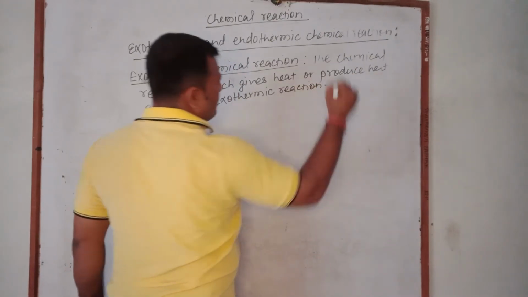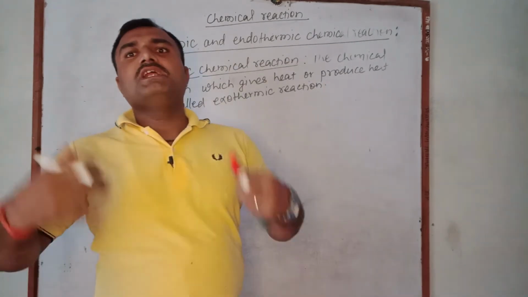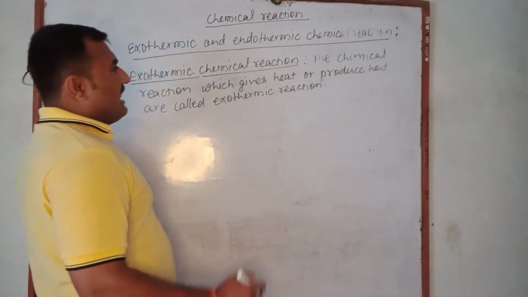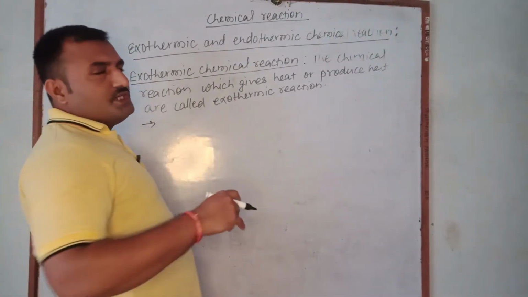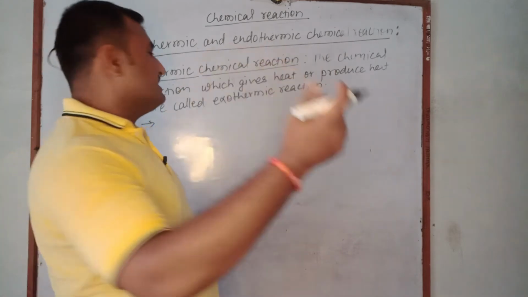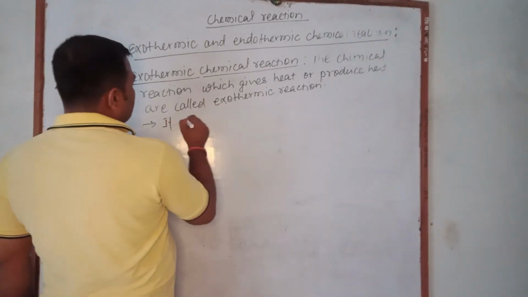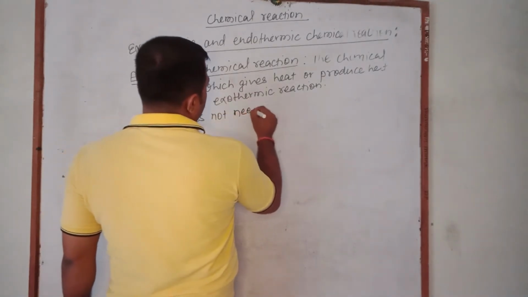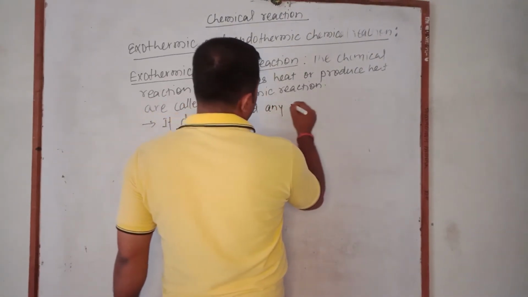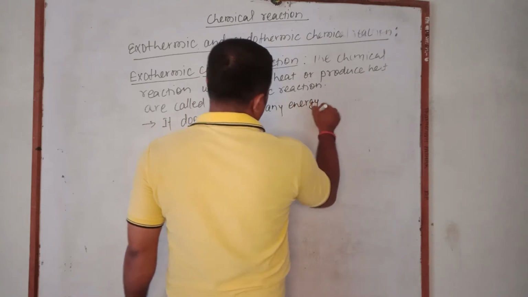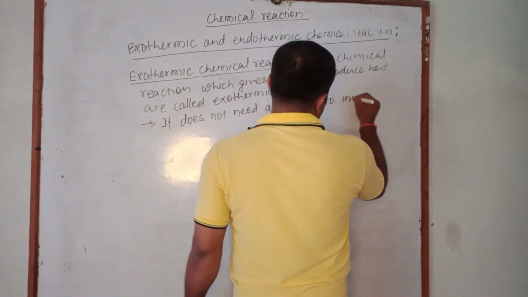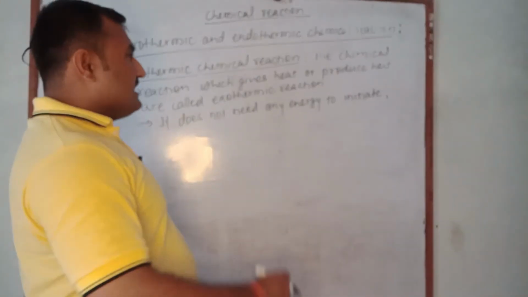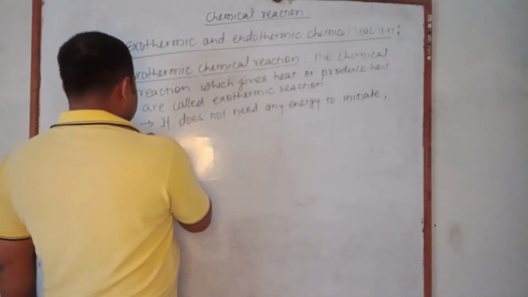And those types of chemical reaction which release heat during chemical reaction are exothermic reactions. And in such reactions there is no need of any energy to begin. And here we write, it does not need any energy to initiate or to begin the chemical reaction, and it begins by itself, and therefore we write